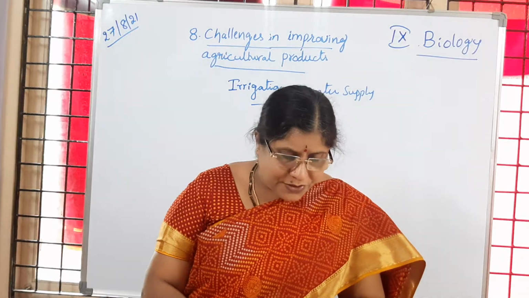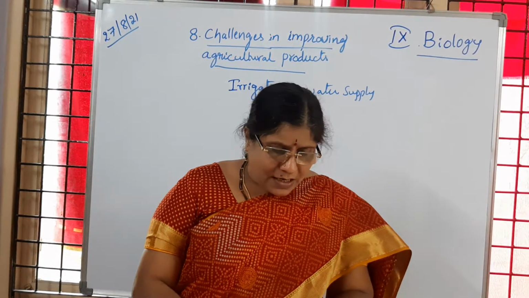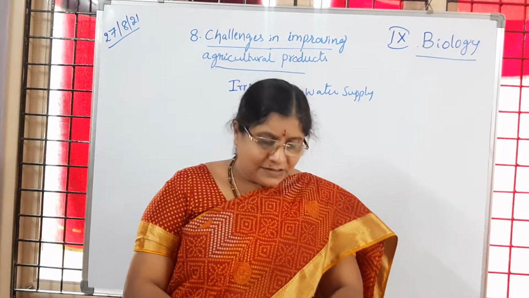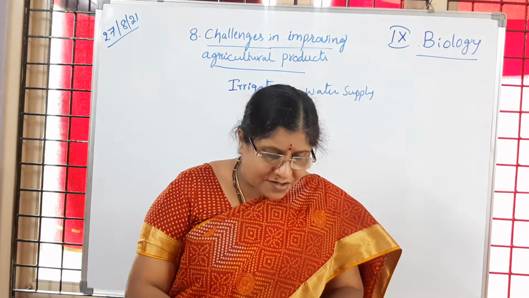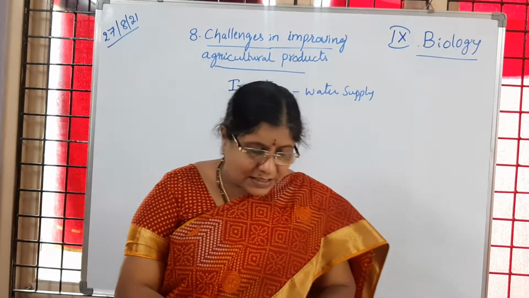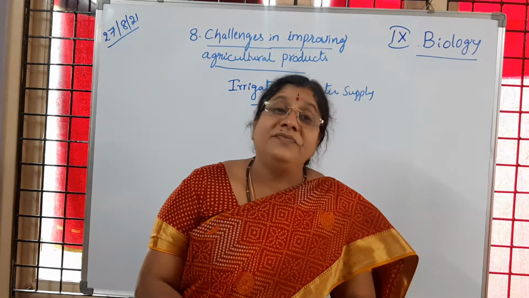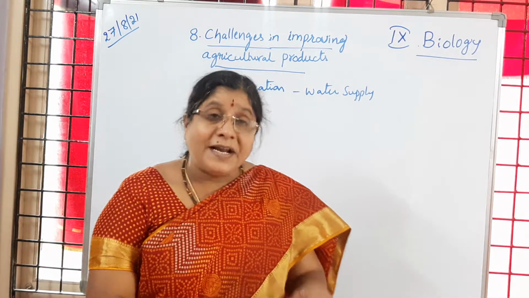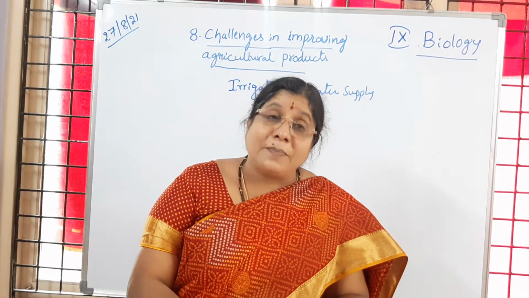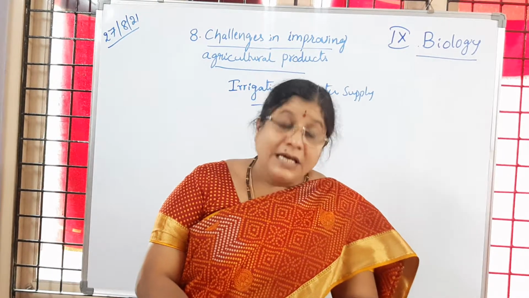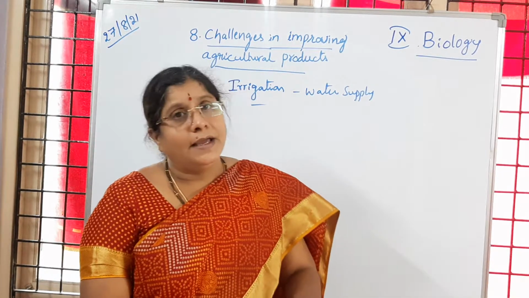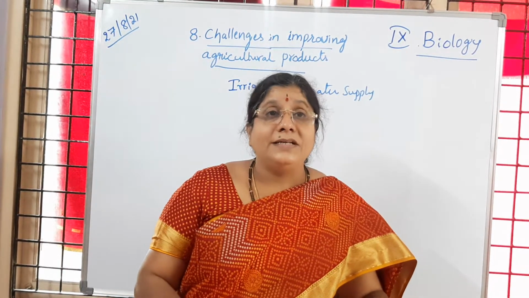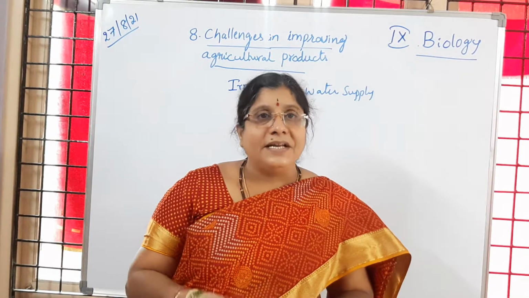So here how much is produced when water is supplied in the required amount? It is giving 6 tons per hectare. Is it clear to you? If less water is supplied, it is giving just 5 tons per hectare yield. If water is supplied in the required amounts, then it is giving 6 tons per hectare. Have you followed? So that's why it is very, very important for the plants to supply water in the required amounts.